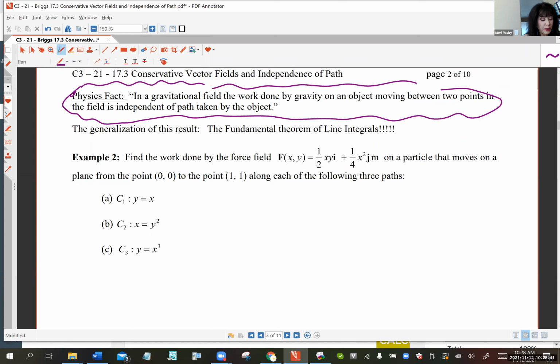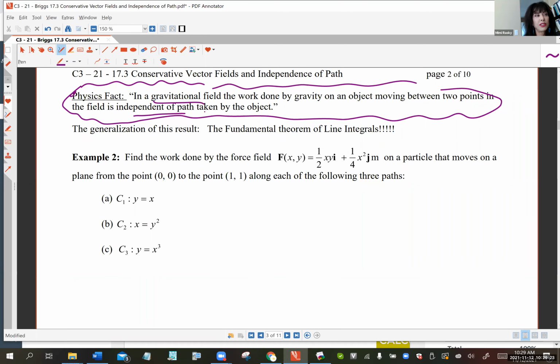In a gravitational field, and keep in mind a gravitational field is a vector field, yes, indeed, the work done by gravity on an object moving between 2 points in that field is independent of path taken by the object. What does that mean? It means that if I were walking from a point to another point, it doesn't matter if I do a straight line shot between those 2 points or if I zigzag, as long as I end up at the same destination, the work done on my body as I move between those 2 points will